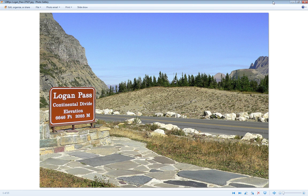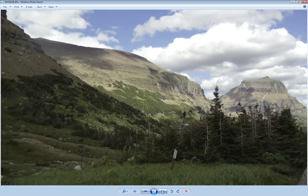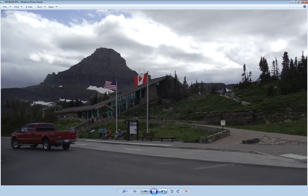Without going into a ton of detail, and I might do some other video about that at some other time, this is also at Logan's Pass, and here is the visitor center. And I understand the thing about the structure. Again, I'm already getting hit over the head with emails about structures. I understand structures, but